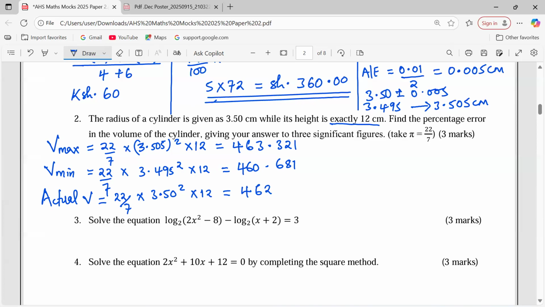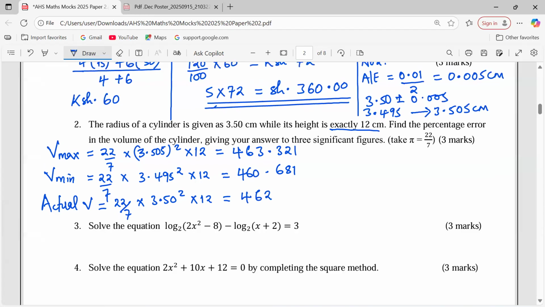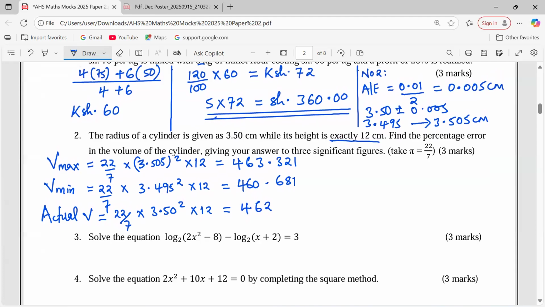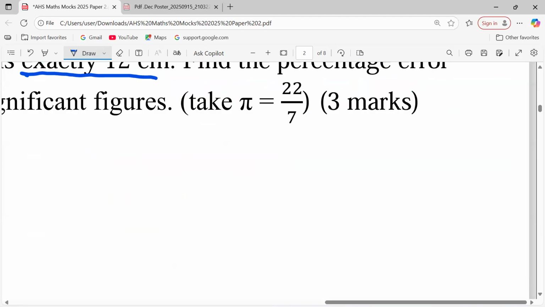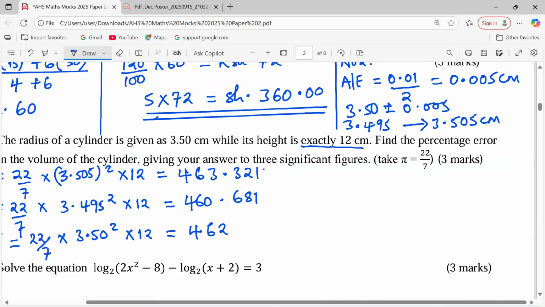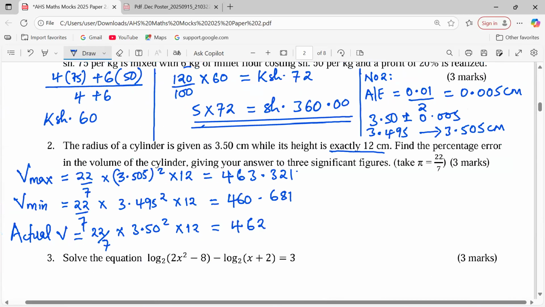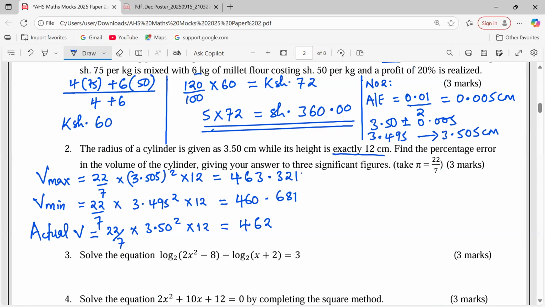At this point, whereby we have maximum volume, minimum volume, and actual volume, we can now find something that we call absolute error in the computation of volume. Remember, there was absolute error in the recording of radius, but now we are talking about a different absolute error in the computation of these values, whereby we say